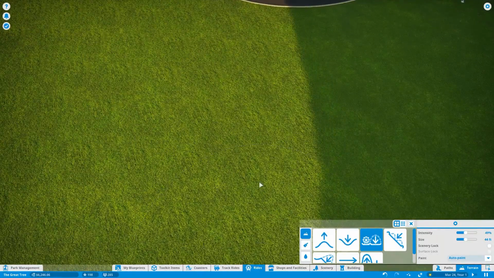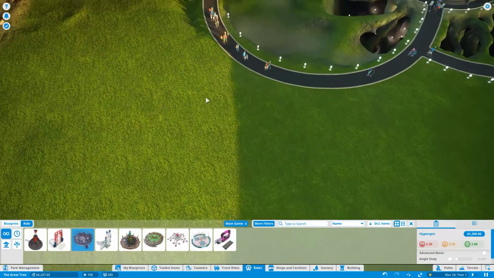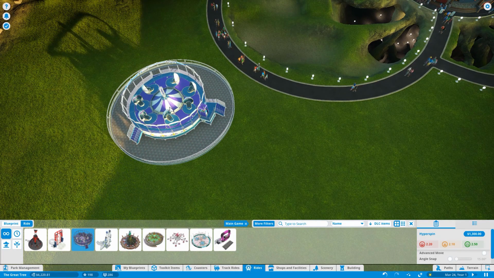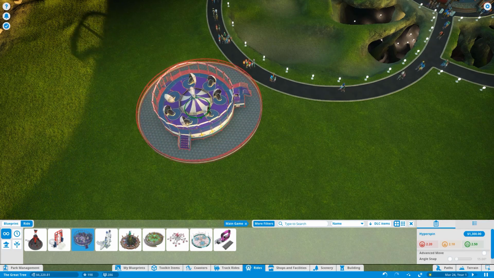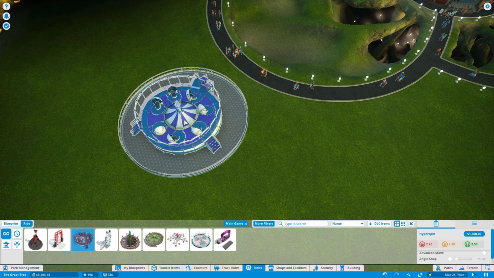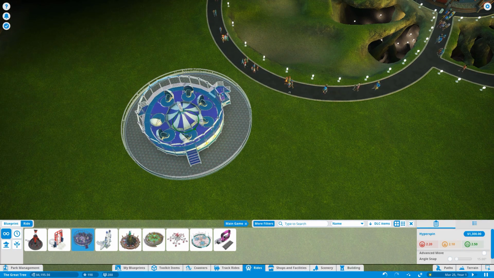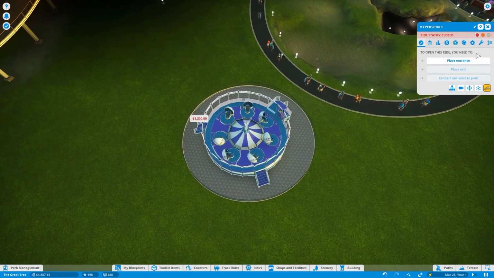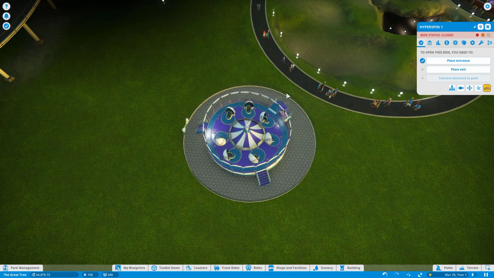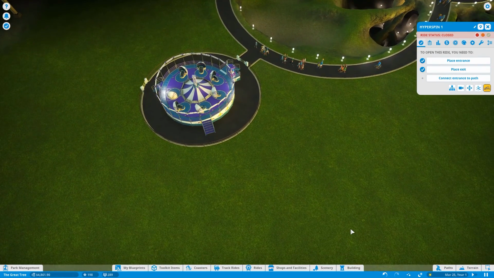Alright, so which rides have we not done? We haven't done the hyperspin. That one shouldn't be too bad here. So let's go ahead and rotate this a little bit. We do want to have an easy, like this. Our entrance can be on this side. Our exit can be over here. That's fine to have that type of